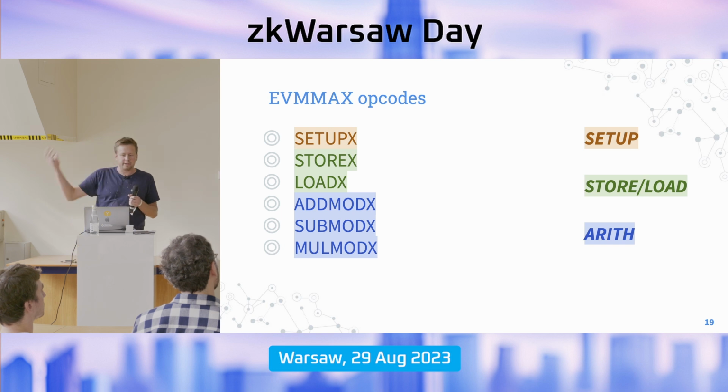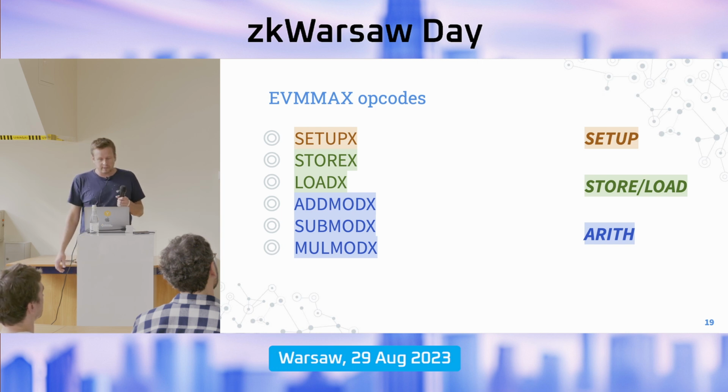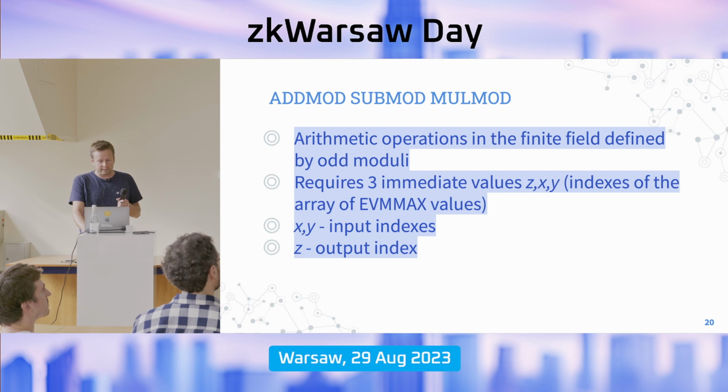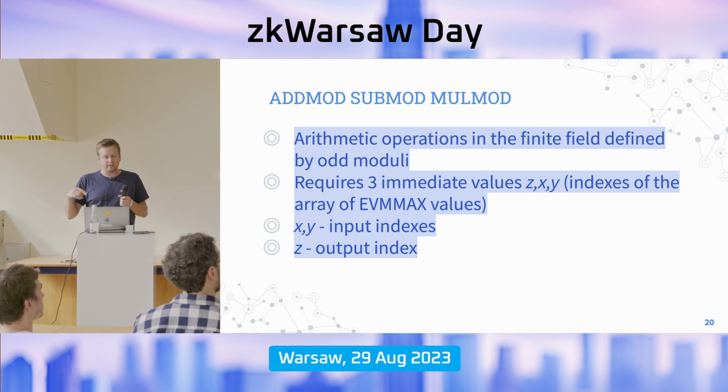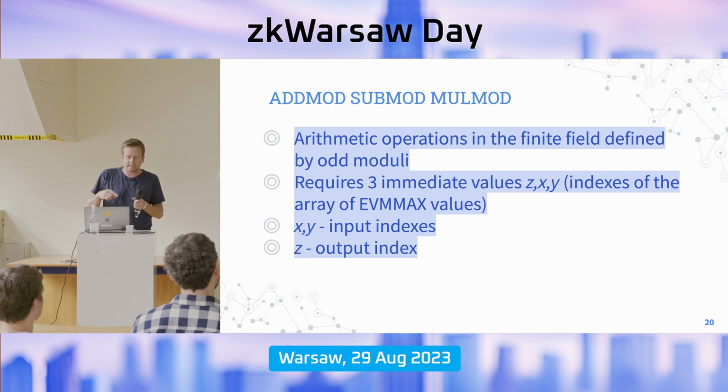And the last three instructions are just typical modular arithmetic instructions, which perform the computation according to their names. I think I don't have to go into details what they really do. But it's worth noting that they are taking 3 parameters from the Evmmax memory, not from the EVM memory, as I mentioned before, and returning also the results to the Evmmax memory. We don't have to load them to the EVM context just immediately after computation, because very often they will be only reused in the Evmmax context, and we don't need to load them back to the EVM